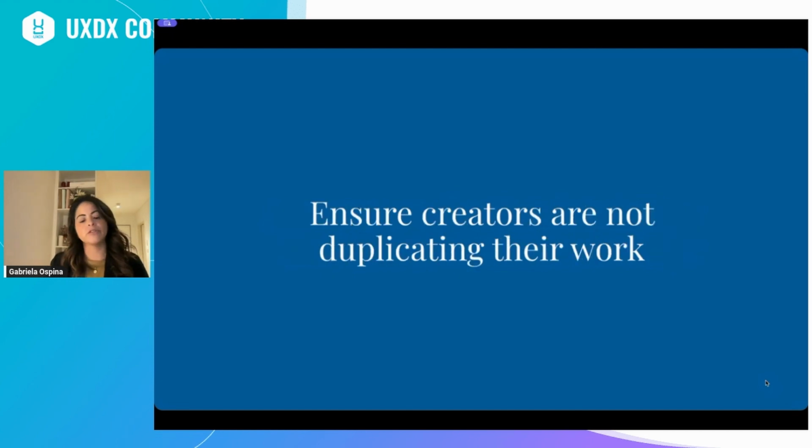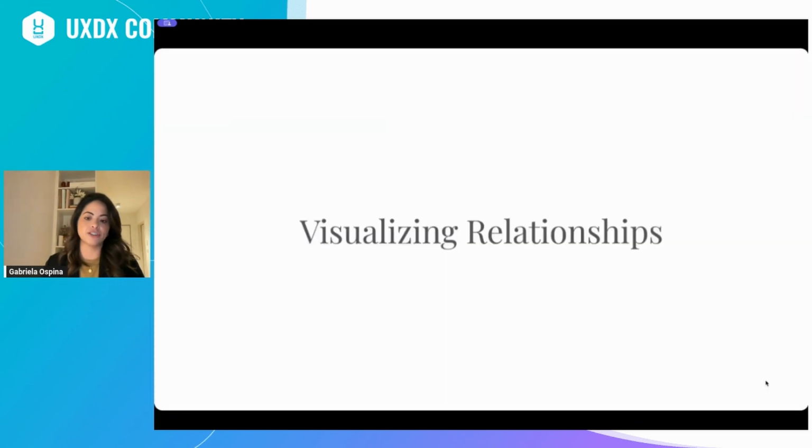It also helps us ensure that we are not creating extra work for our content creators. When we understand when a piece of information repeats, we can surface that information without having to ask the user to input the same data over and over again. As I mentioned earlier,